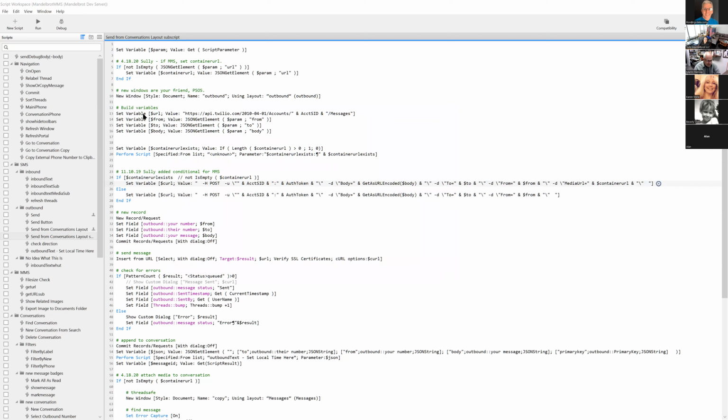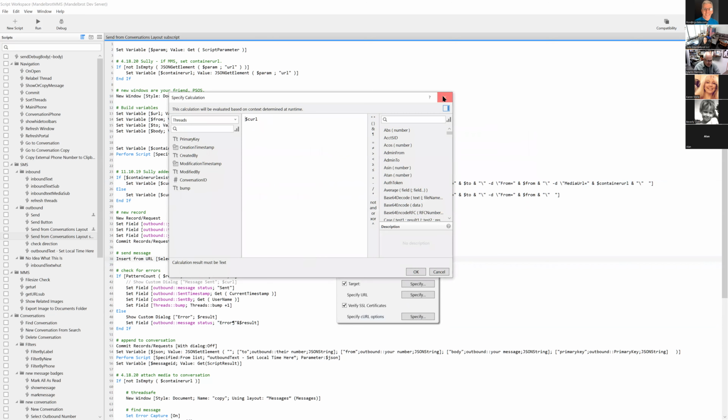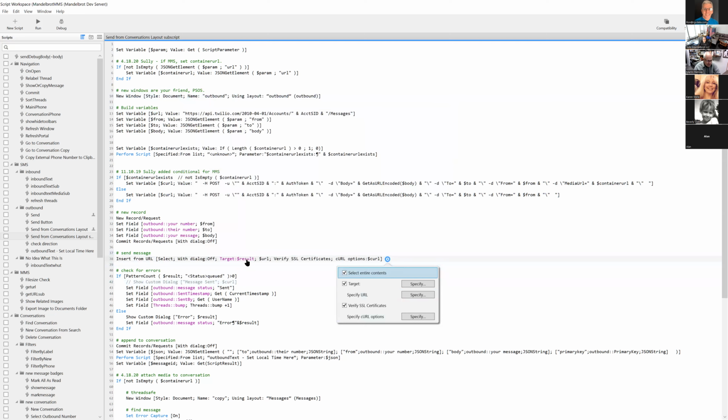So we have a URL, we have curl options, and then the next thing that we do is here, right? So I'm setting, oh, hit cancel there. So my target is a result. My URL is URL. Everything keeps opening off screen, and then my curl is just curl, right? I like to set them as variables first, just because it makes it easier to read this line.